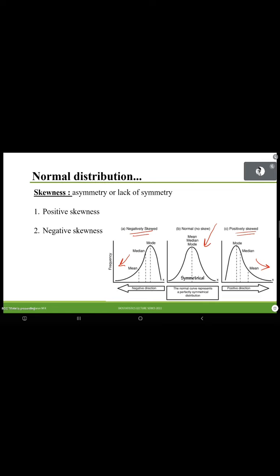So can you tell, in the case of a normal distribution, what will be the skewness value? Skewness is lack of symmetry, asymmetry. So for a normal curve, what is the skewness value? 0. Yeah, very good. The skewness is not there, it is a symmetrical one. That's why it is normal. Very good. So whenever there is a violation from the symmetrical shape, if the shape is not exactly symmetrical, you can say, oh, that data violates the normality assumption. That is one of the main properties of the normal curve. It should be symmetrical in nature.